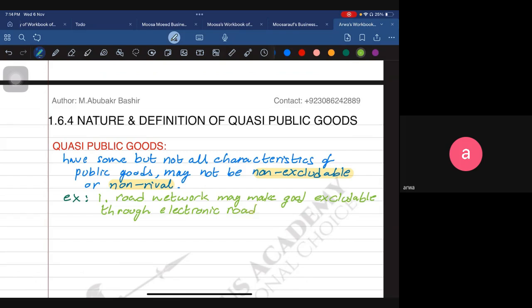electronic road pricing. So let's suppose it's not that you cannot pay that very small amount that they usually charge on those tolls. But that is not the problem. The problem is that if you do not have the money at that time and you have come to that toll and he's asking for money so that you can enter and pass through.